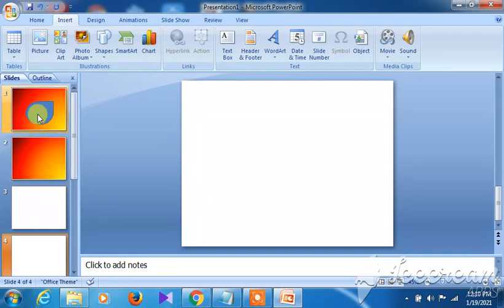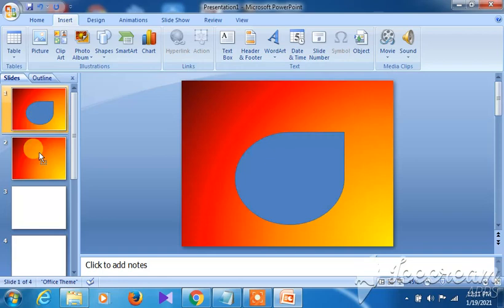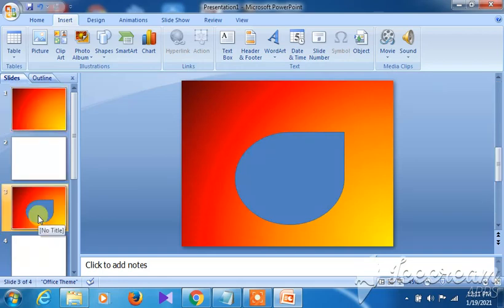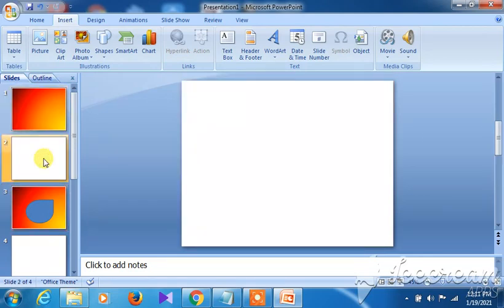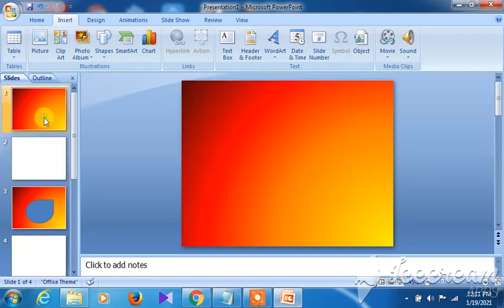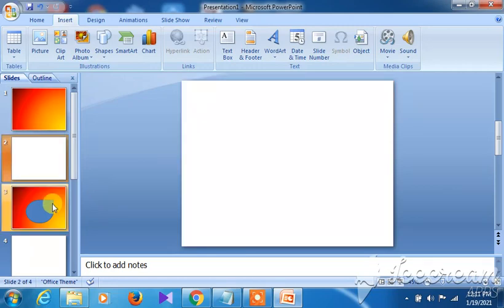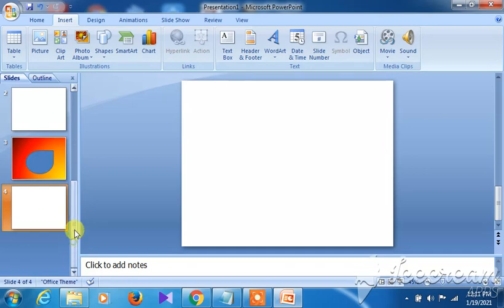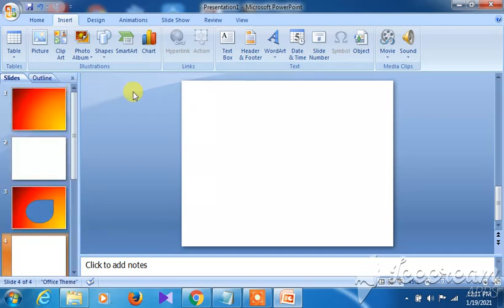Now suppose I want to move this slide from here to number 3. What I will do is just click, drag and drop it. Then this particular slide will reach here. In this way you can change the position of the slide, and you can also navigate. Just double click on it in this slide pane, and you will be taken to that particular slide when the number of slides is more. This is the slide scroller, you can say. You can easily scroll over here using the scroll bar. Fine.